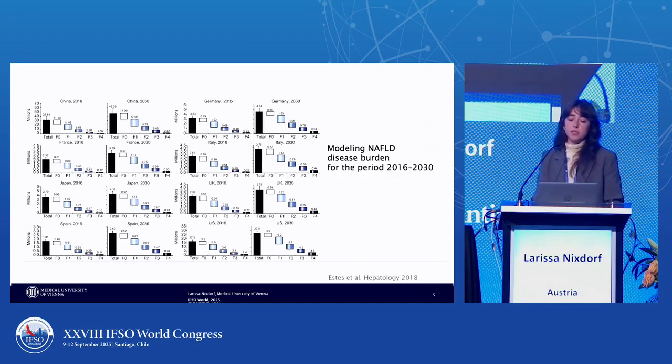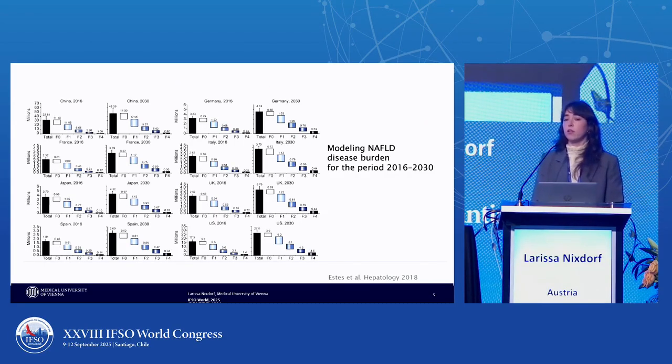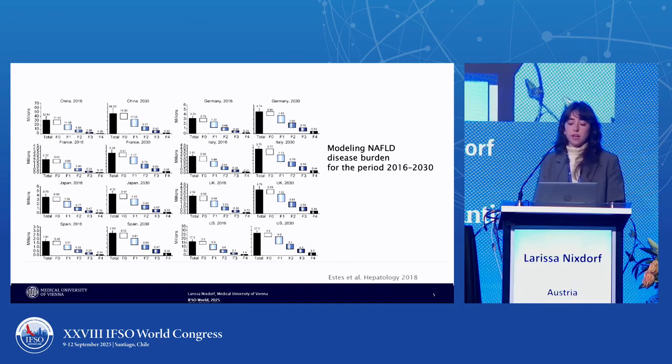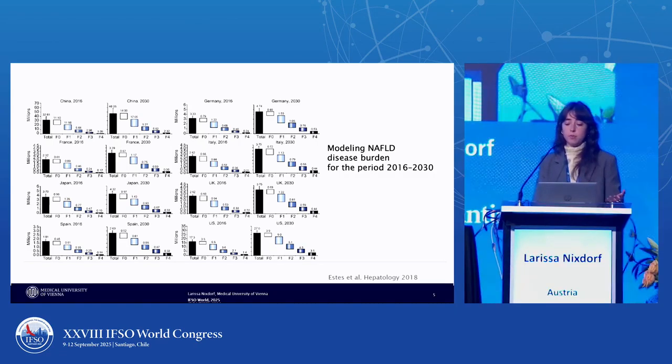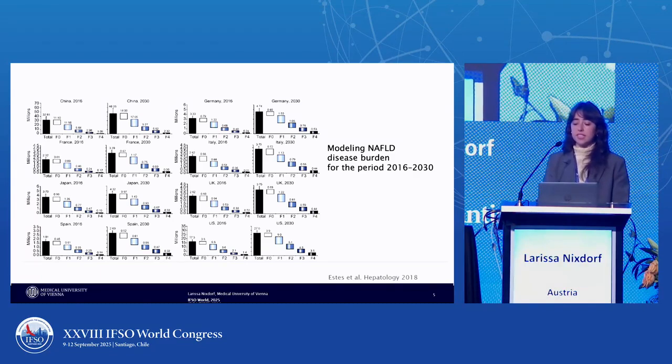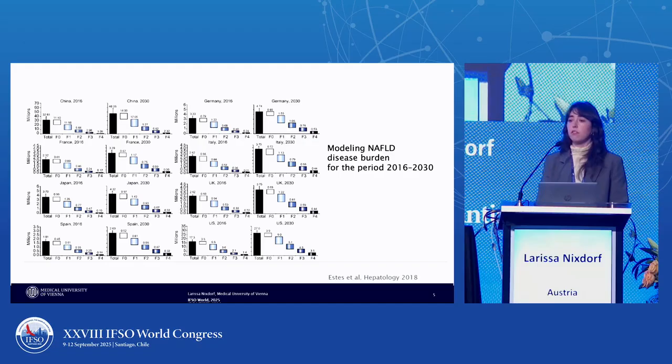On this slide I wanted to show you that the problem is not new at all, and also we are not at the end. So in 2018 Estes et al. developed a model where they showed the disease burden and the development of the disease burden from 2016 to 2030. And you see they looked at it in different parts of the world. So China, different countries in Europe and also the US, and they predicted a steep increase of the prevalence of MASLD. And when you look at the numbers that we have right now, then you have to admit that they were not wrong. In fact, they underestimated it for some parts of the world.